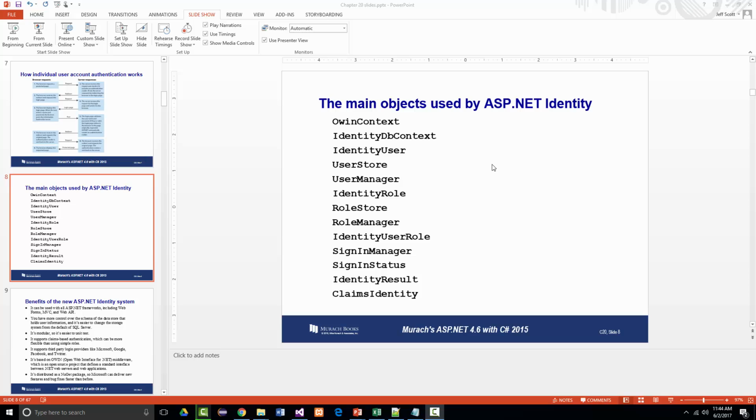So to respond to this, Microsoft replaced the old membership system with a new ASP.NET Identity system. And what you see up on the screen here are some of the main objects that are used by the Identity system. And they include